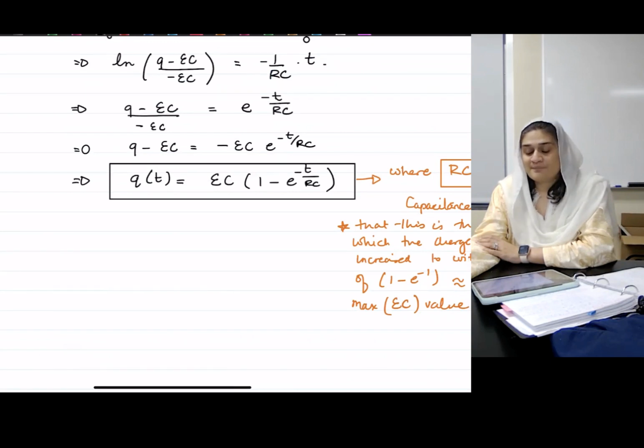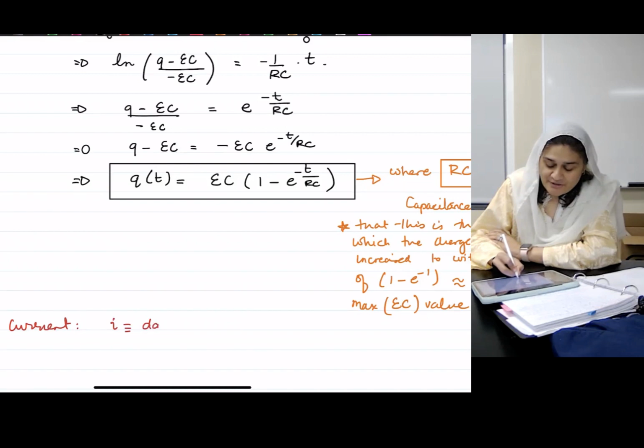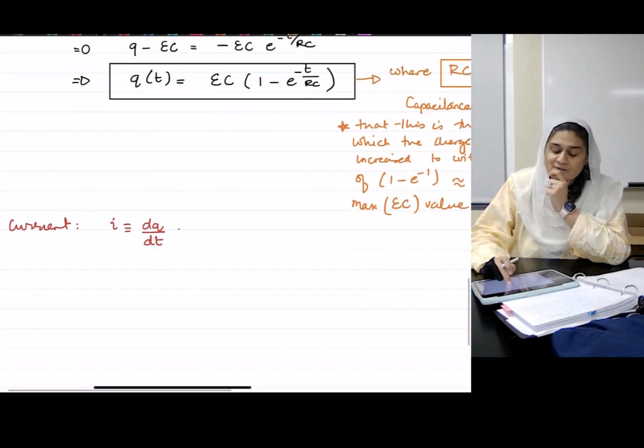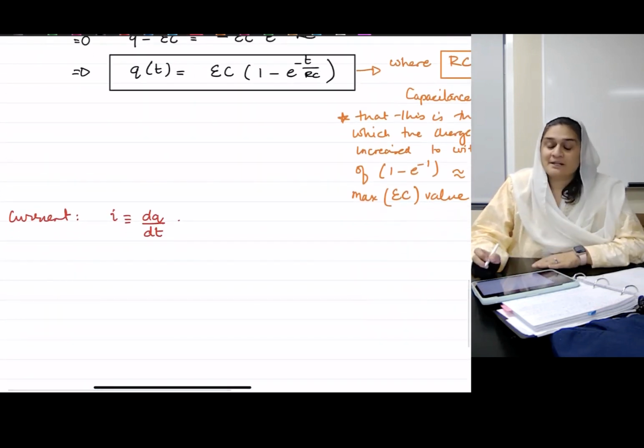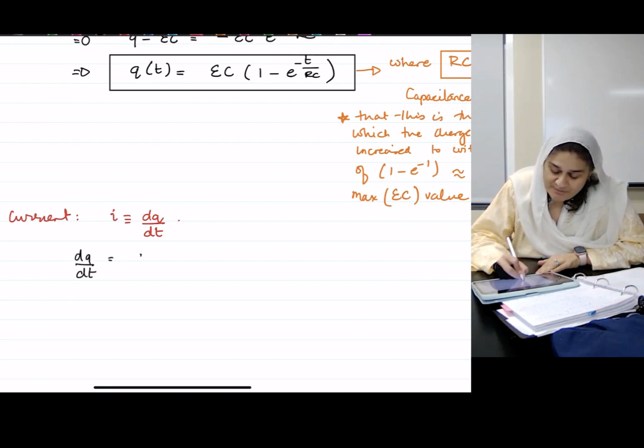How do I go from this charging situation to give me current? Current was defined as dq over dt. So can I do d over dt of this equation? Absolutely. So dq over dt will just be d over dt of EC times 1 minus e to the minus T over RC,